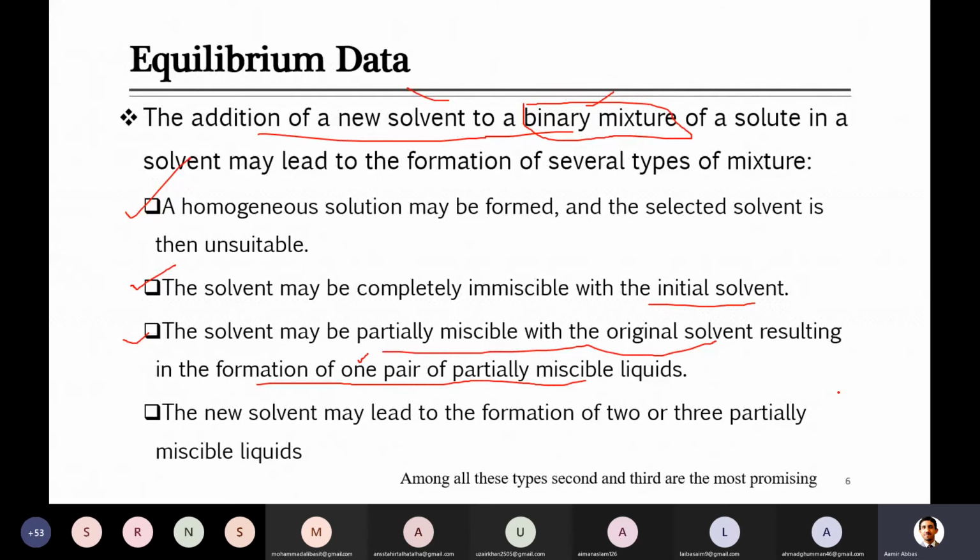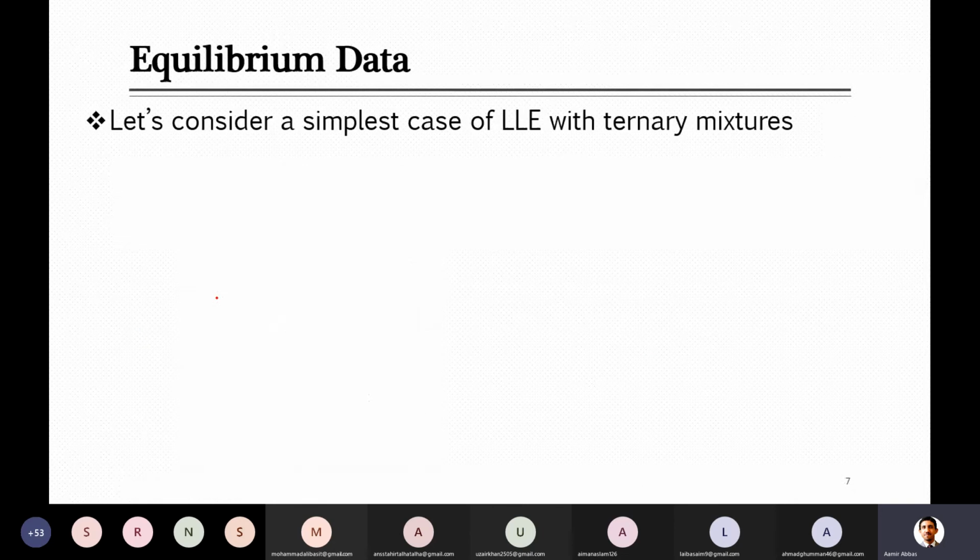So when you look at all these cases when you are coming in contact like solvent and the feed. In those cases, like this second and third case which I already mentioned, they are usually available. Although later we will say that the third case is the most dominant, and that is usually the case, but the second can also sometimes be there, where they are completely immiscible, although this is not practically possible. There is some affinity between the solvents, but the third case, yes, definitely dominates.